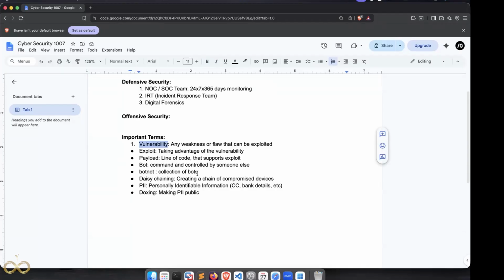Vulnerability is basically any weakness or flaw that can be exploited. It can be in any application, infrastructure, or any digital asset. Something that can be exploited. Now in the practical, we saw a demonstration. We saw there was a vulnerability because of which the user was able to log in directly to that application. So that was a vulnerability. I hope you guys got an idea about what vulnerability is. If you have any question, please feel free to raise your hand.